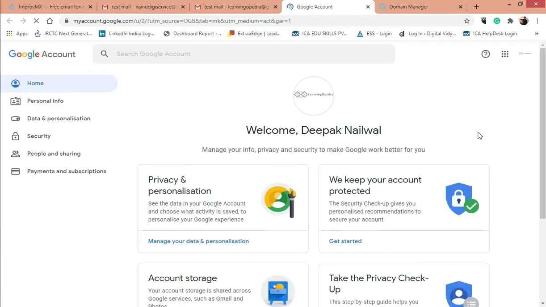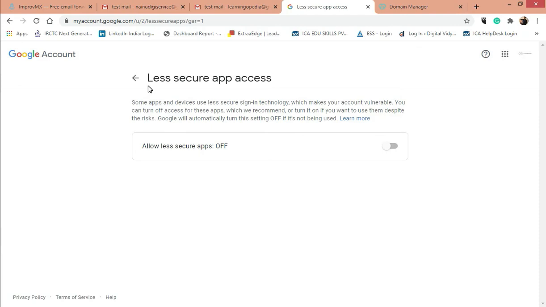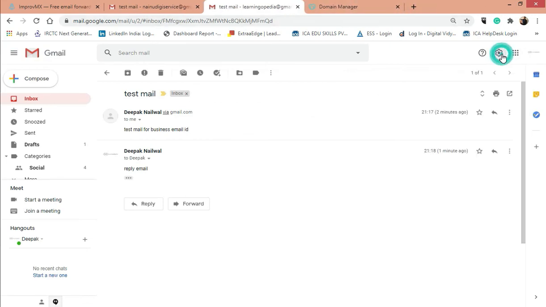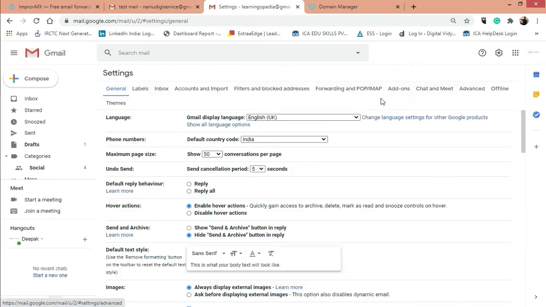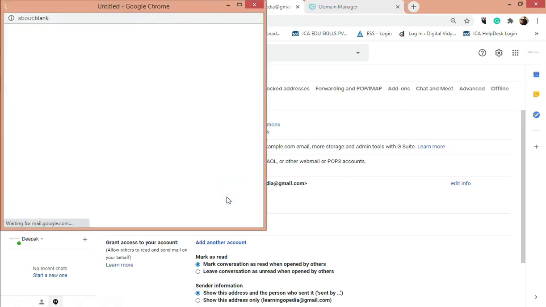Search for less secure app. Click here and allow. Now we'll again go to settings. Click on all settings. Go to accounts and import. And we will add another email here.